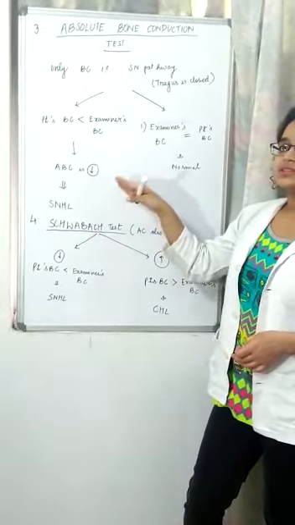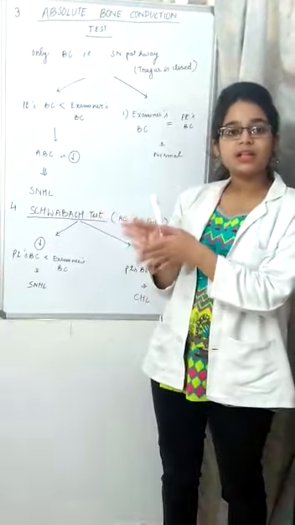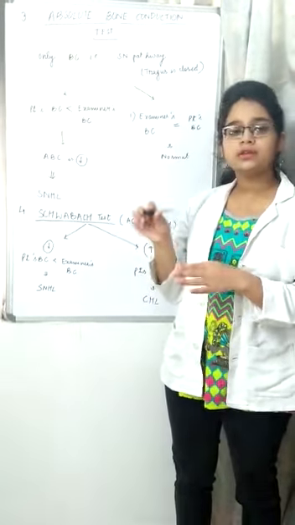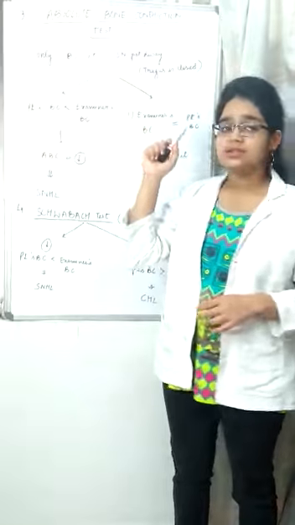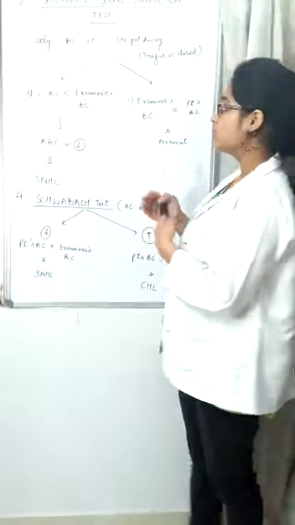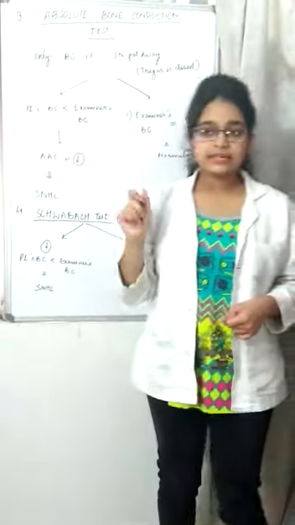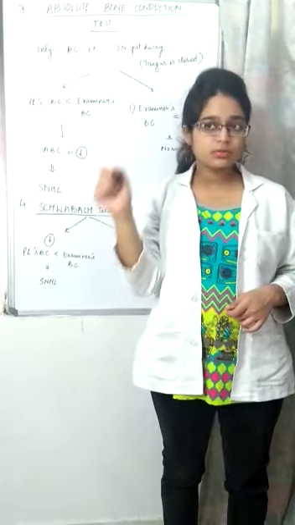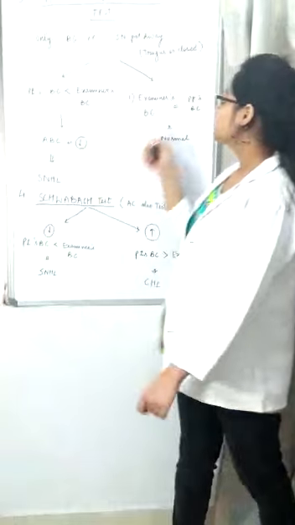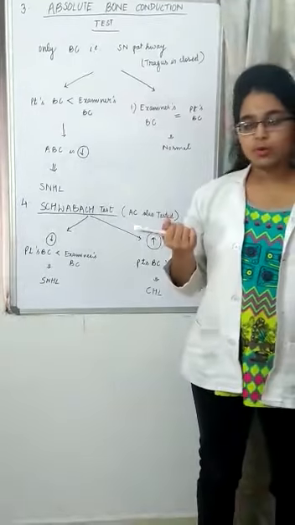So that means there is a sensorineural hearing loss in the patient because his sensorineural pathway is a bit defective. That is why he could not hear the bone conduction sound for as long as I could hear. I could hear it for a much longer time. If it is equal, if the patient is not able to hear and I place it on my mastoid and I am also not able to hear, in that case the examiner's bone conduction is equal to the patient's bone conduction. That means his ear is normal.